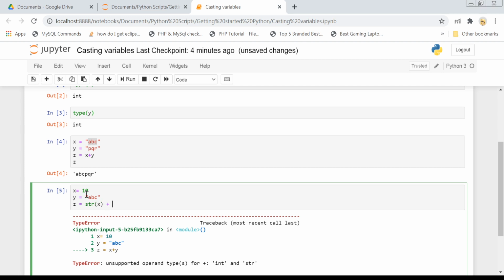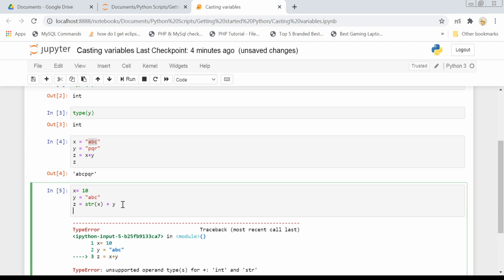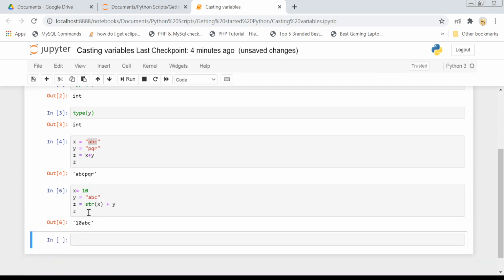Then if you do any operation with this string, it will work perfectly because now this x has become a string. Now let's see the result. You can see 10 has become a string here and it has concatenated with the y, and we have printed 10ABC as a string.